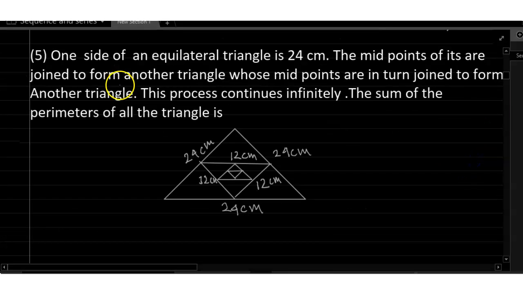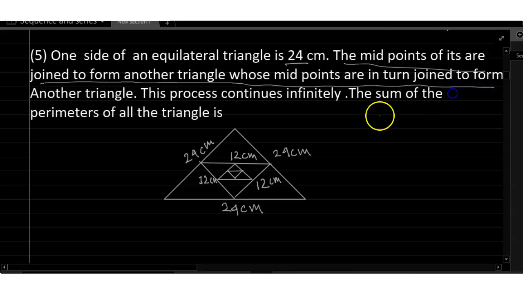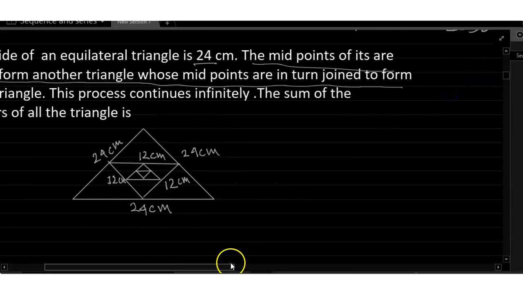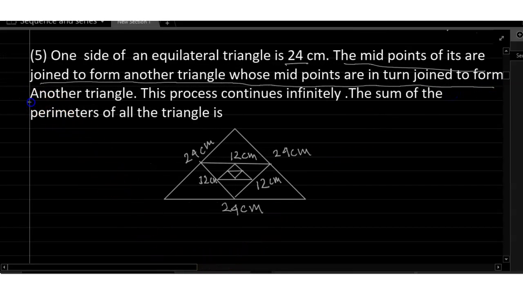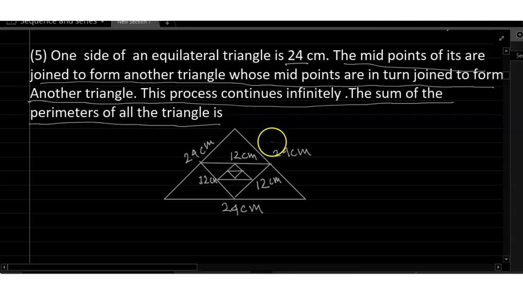Next problem is that one side of an equilateral triangle is 24. The midpoints of its sides are joined to form another triangle, whose midpoints in turn are joined to form another triangle, and this process continues infinitely. The sum of the perimeters of all the triangles is,